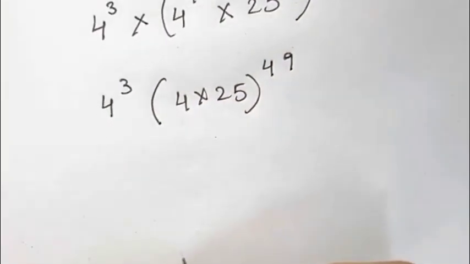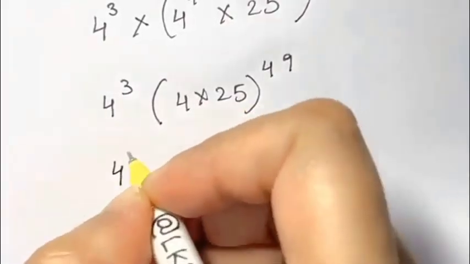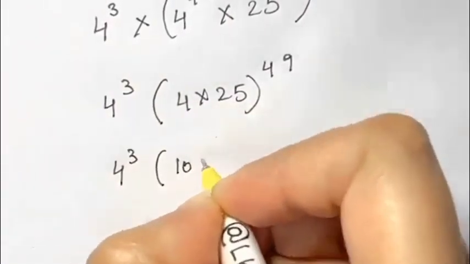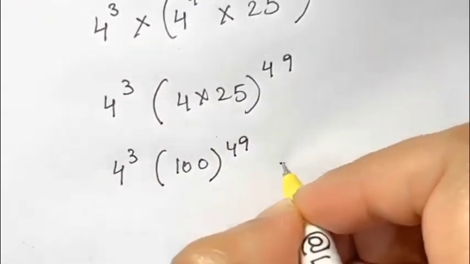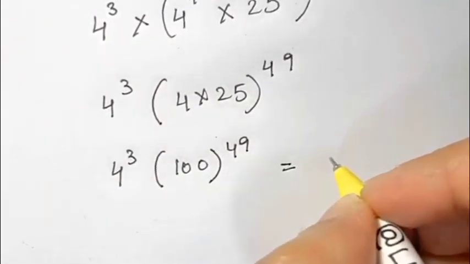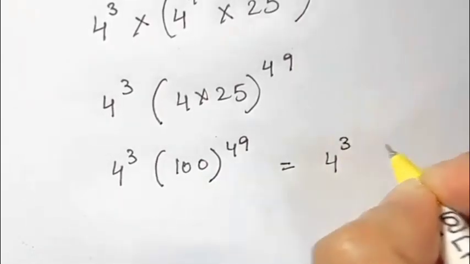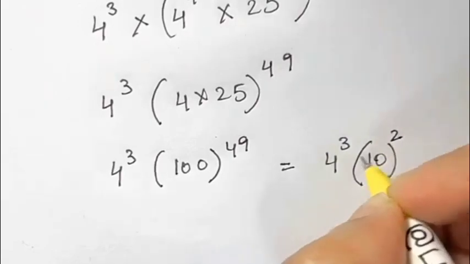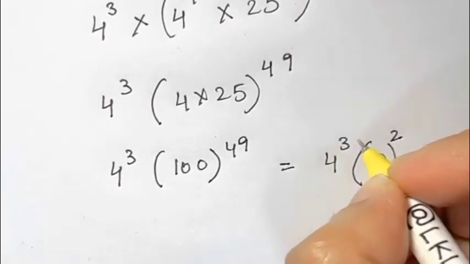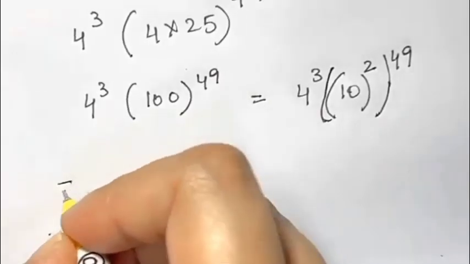So 4 times 25 is 100. So we have 100 to the power of 49. And as we know, 100 can be written as 10 squared. So we have 4 cube times 10 squared whole to the power of 49. 4 cube is 64